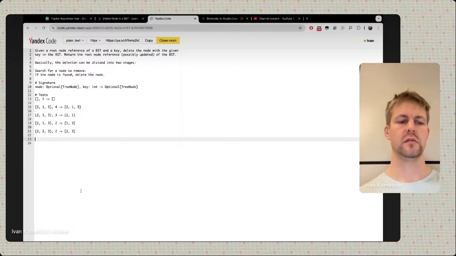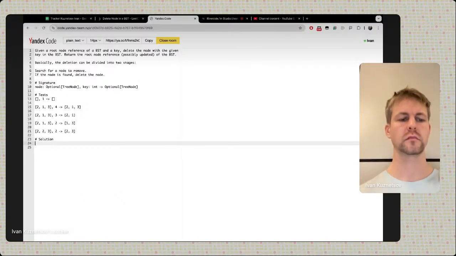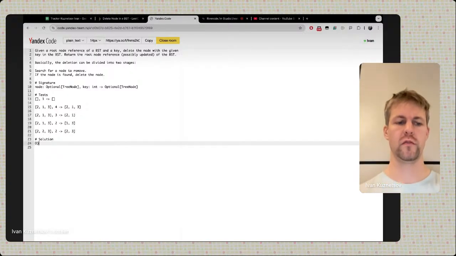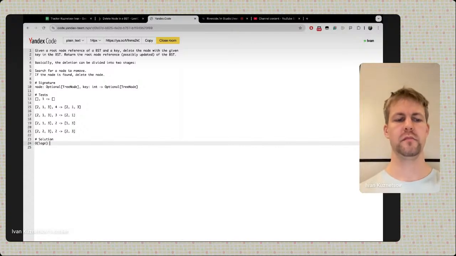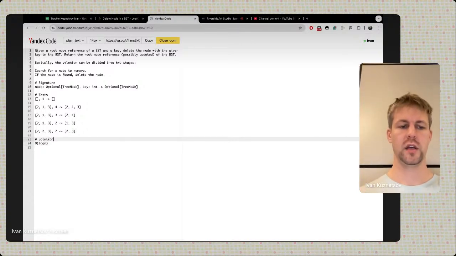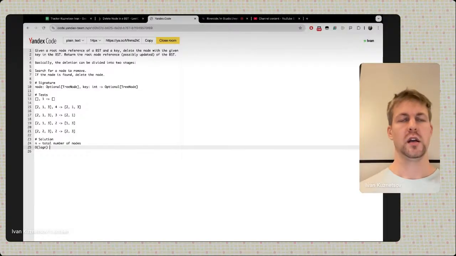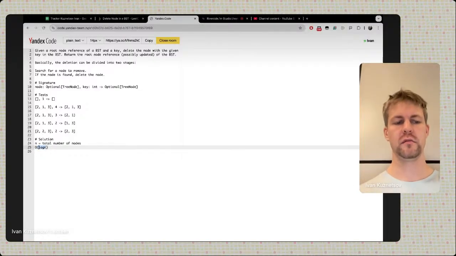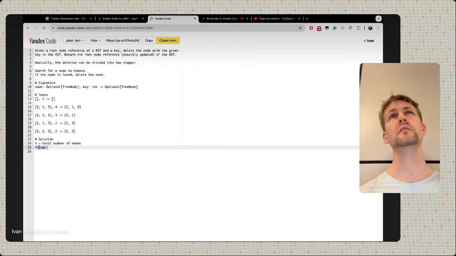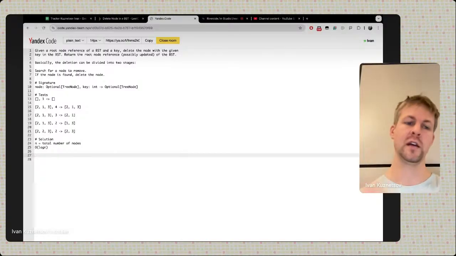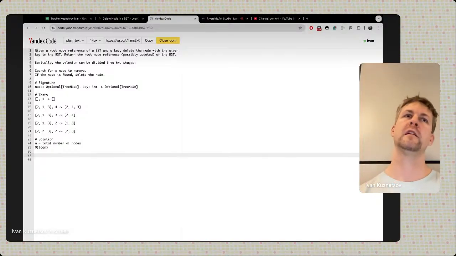Okay, so now the solution. We can search for an item in a binary search tree in O(log n) time, where n, let's define it, is the total number of nodes, and at worst it will be O(n). Will it? Yeah, if the tree is unbalanced, it can be O(n). But should we assume a balanced tree? Let's not care about this, because either way our later removal,